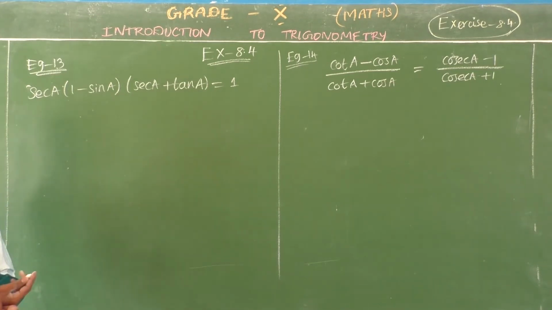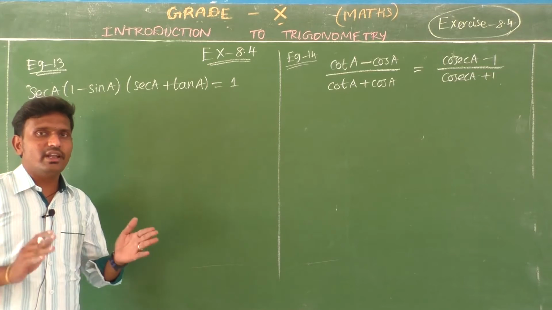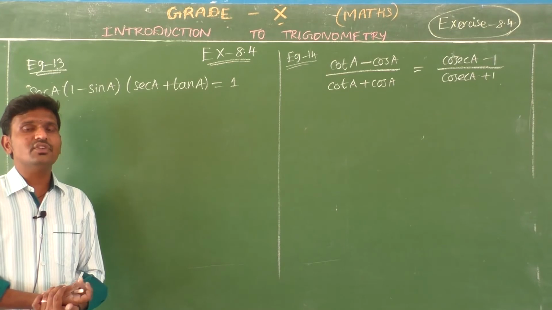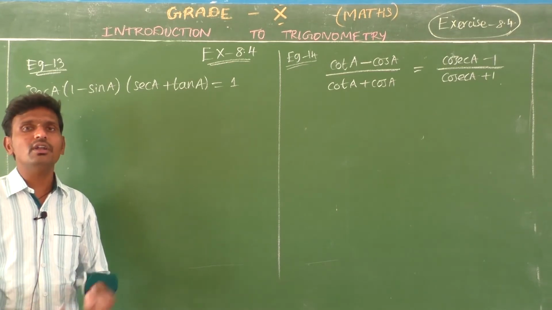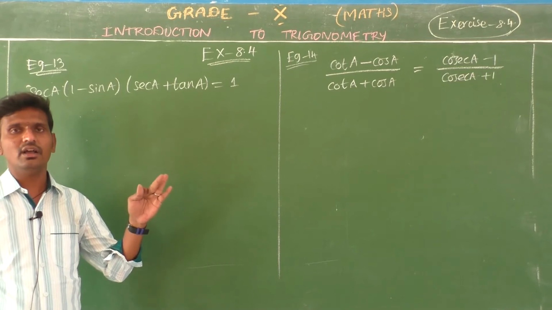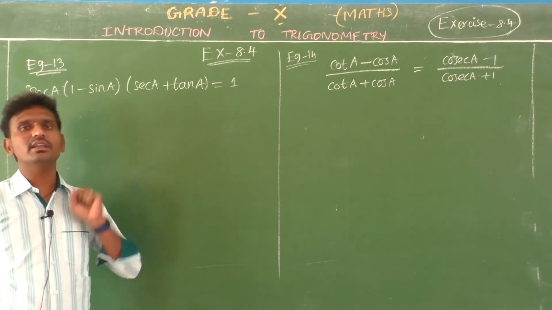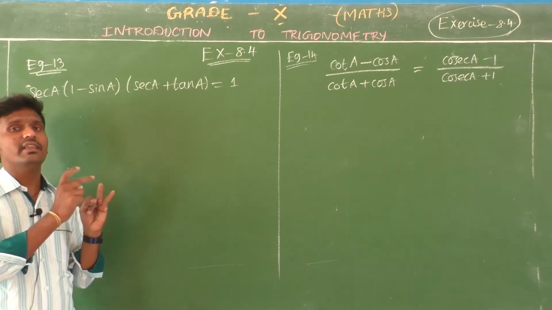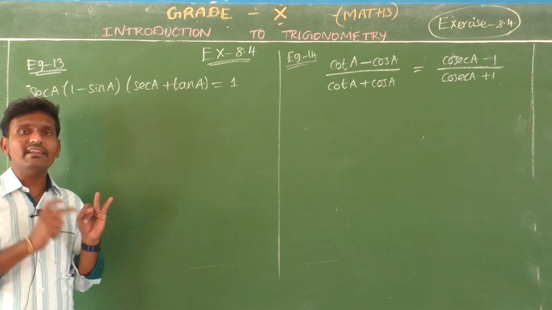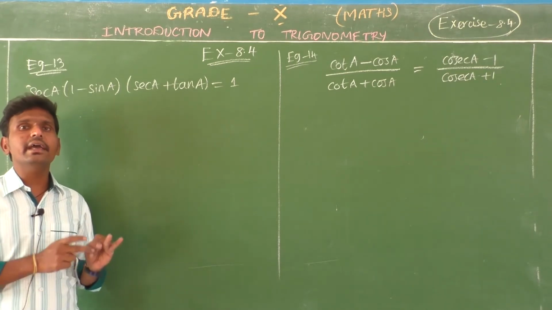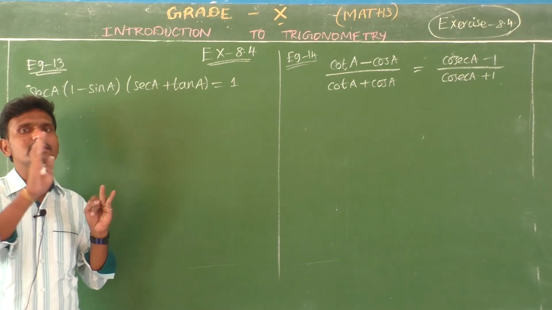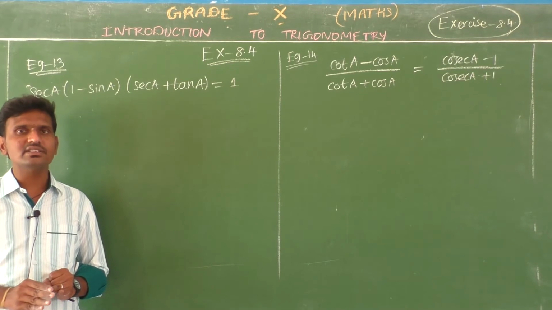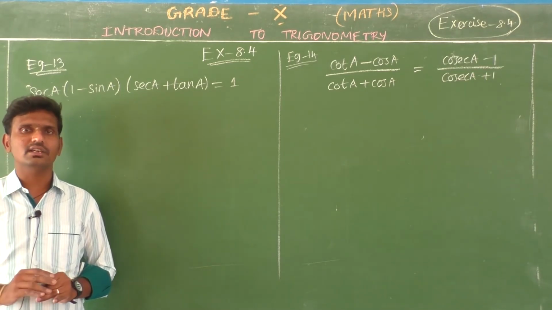I hope you all understand the trigonometry chapter well and know the trigonometric ratios very well. We have 6 trigonometric ratios: sin theta, cos theta, tan theta, cosecant theta, secant theta, and cot theta. The first two are important: sin theta, then cos theta. Tan theta is the ratio between sin and cos, so tan theta is equal to sin theta by cos theta.